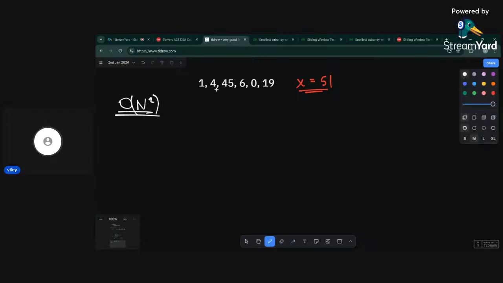So I was saying, 1 and 4 I calculate, which is 5, and 45 and 5 is 50. And then 50 and 6, it's still less, so we move on. 50 and 6 is 56. Now, what we know is that 56 is actually greater than 51, right? We know 56 is greater than 51, which means there is some value that can be removed from the subarray,